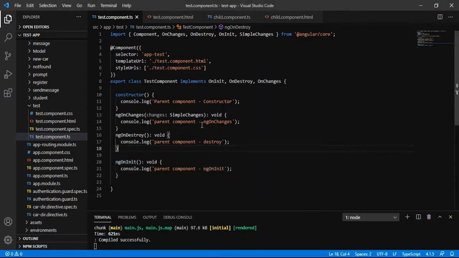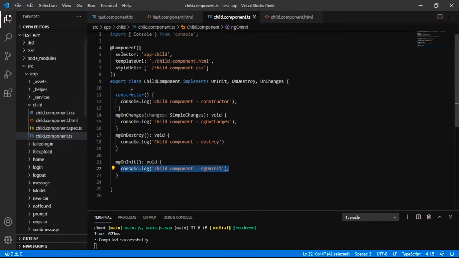So how can we get to know when it is getting called? All we have to do is to pass some input value in the child component.